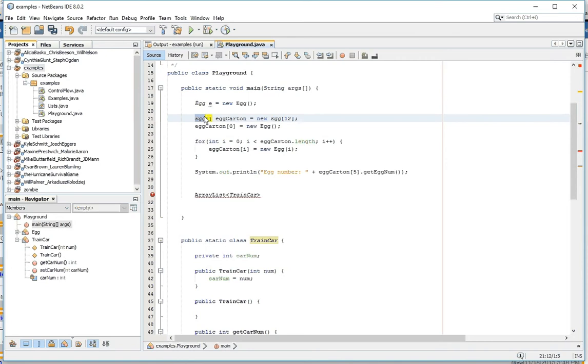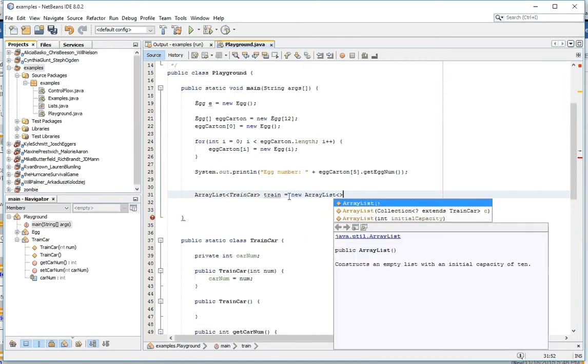Usually we put the variable type and then the name. So in this way we are putting the variable type. The variable type is actually an array list, but we need to say what is going to be in the array list in a different way than we would in a regular array. So this is in these kind of angled brackets. These are called generics in Java, and there's just a way of saying that everything in this array list is going to be of type train car. And so I'm going to call this a train,